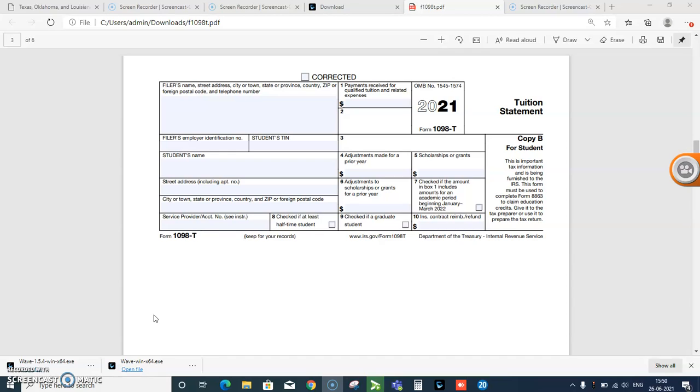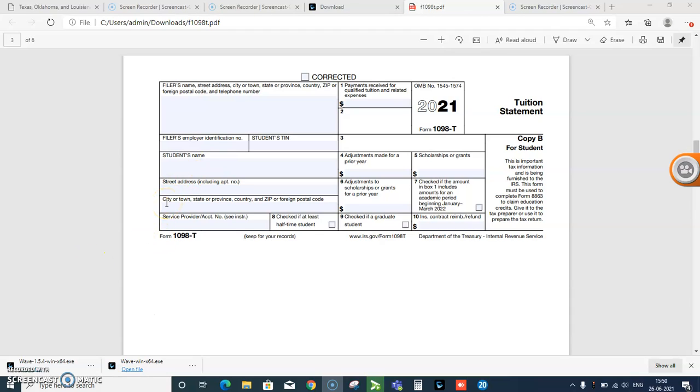Who gets the 1098-T form? Schools must send Form 1098-T to any student who paid qualified educational expenses in the preceding tax year. Qualified expenses include tuition, any fees that are required for enrollment, and course materials required for a student to be enrolled. If someone else pays such expenses on behalf of the student, like a parent, the student still gets credit for them and receives the Form 1098-T.